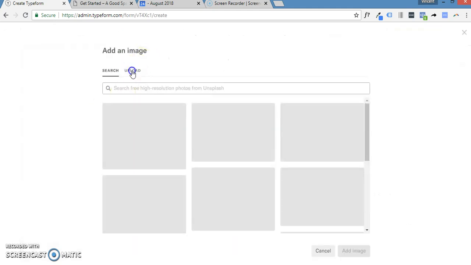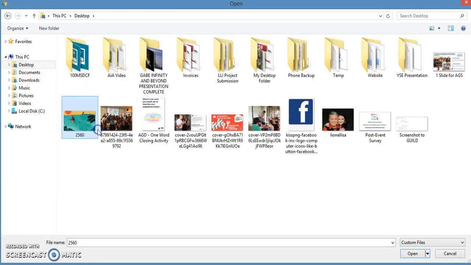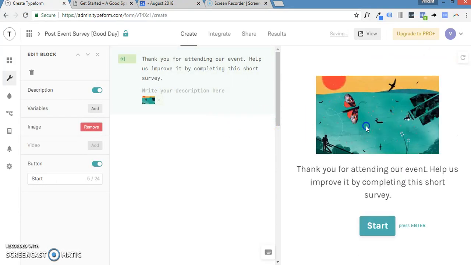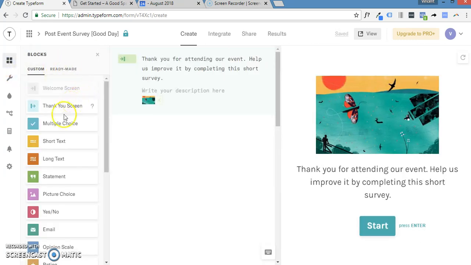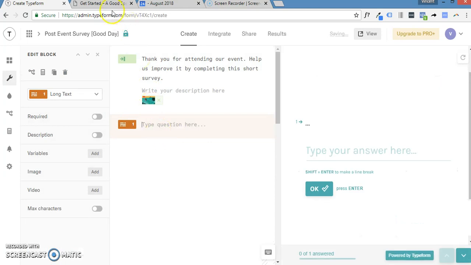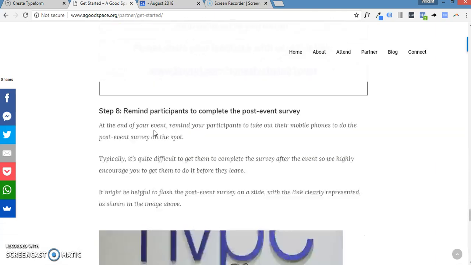So let's say I add in an image. Yeah, maybe this image. Once it's uploaded, you can even add in a video if you want. So that's that. Once you're done with this, click on Close, and then click on Add Block. And then what you want to do is start off with maybe long text. So the first question in the post-event survey,